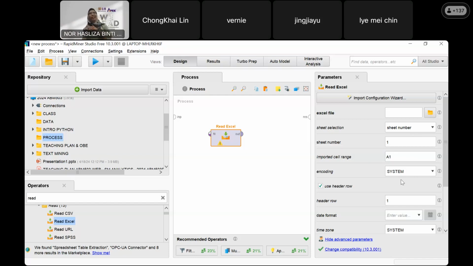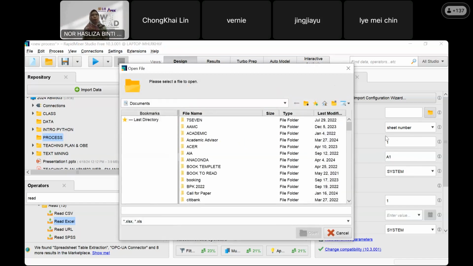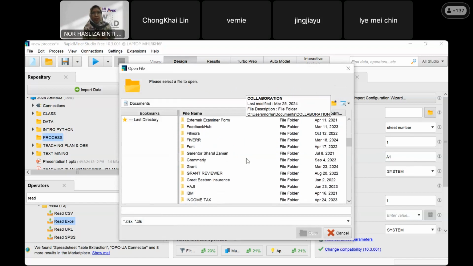So here, we want to choose which file that we want to ask. From the folder, you choose for example the customer file where it belongs to. I'm not sure inside your location. I have to find mine.